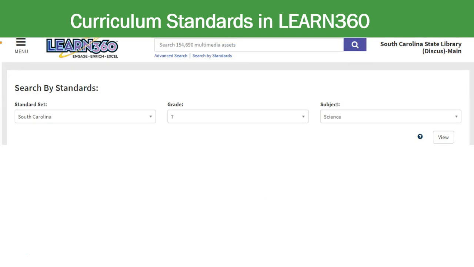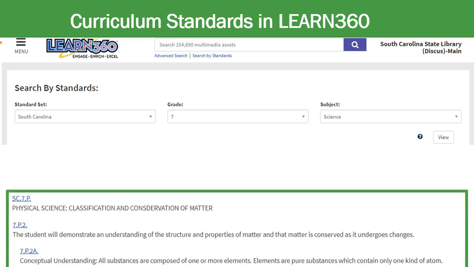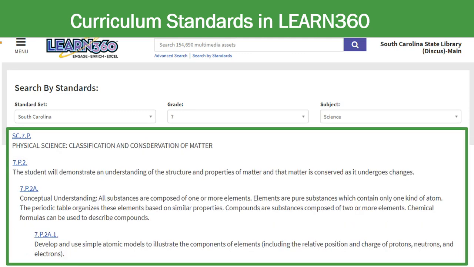Here I've selected South Carolina 7th grade science. And you'll see, again, you have a breakdown of those standards and all of the pieces that go under each standard. So if I'm now interested in finding something to do with matter in physical science, the classification and conservation of matter,